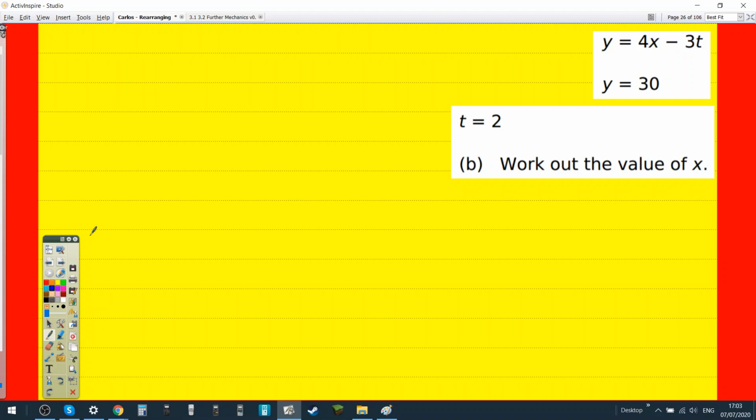Y equals 4x minus 3t. Y equals 30. T equals 2. I got the value of x. Okay, so y is 30 and t. So 3 times 2 is 6. So 6 minus something that equals 30. Something minus 6 equals 30. Mm-hmm. So